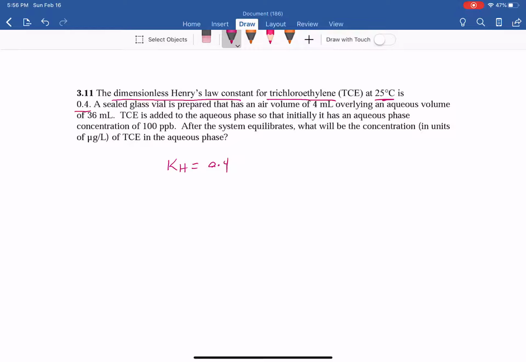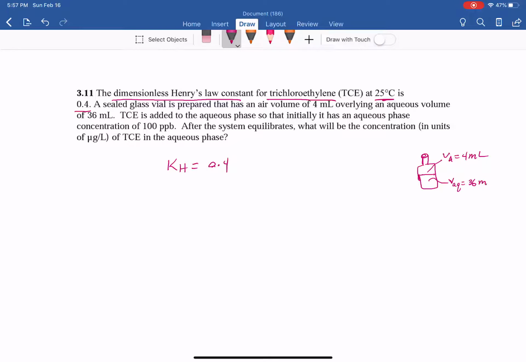A sealed glass vial is prepared that has an air volume of 4 milliliters. So there's a vial, and we'll just try to draw it here. This vial has 4 mL of air, so the volume of air is 4 milliliters, overlaying an aqueous volume of 36 milliliters. So this is the volume of water, or aqueous,